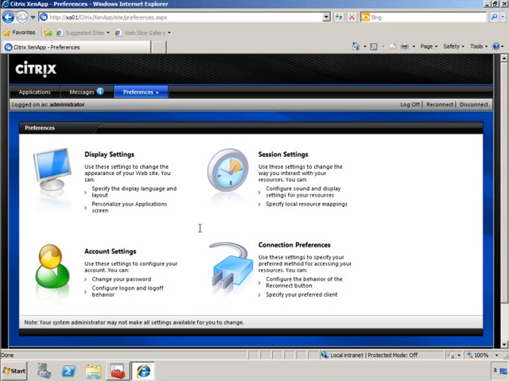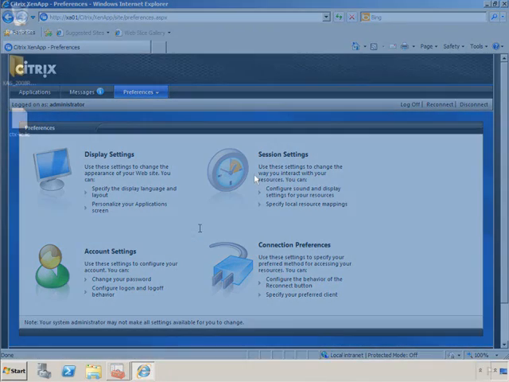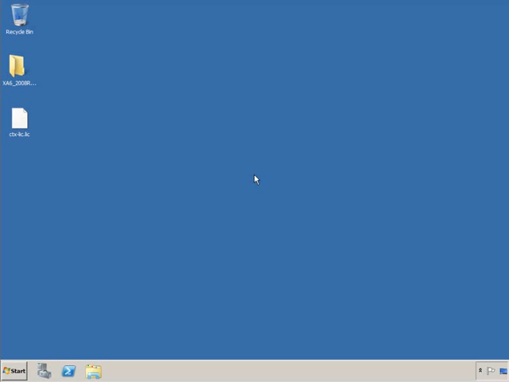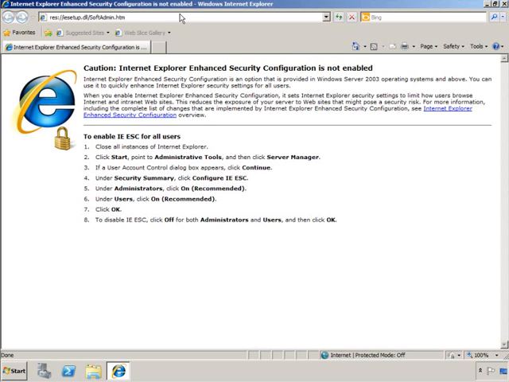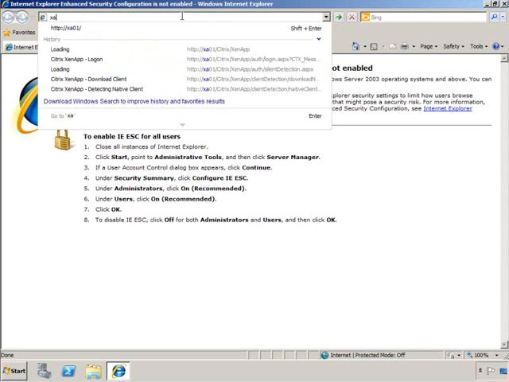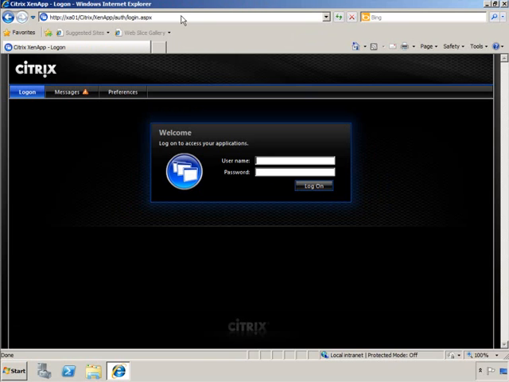It just doesn't work. So what I'm going to do is switch to a different computer and see what happens when you're trying to access the Web Interface from a computer that doesn't have the XenApp plugin installed. Alright, so if we launch Internet Explorer on here and we go to XA01 and we log in with administrator and our password,